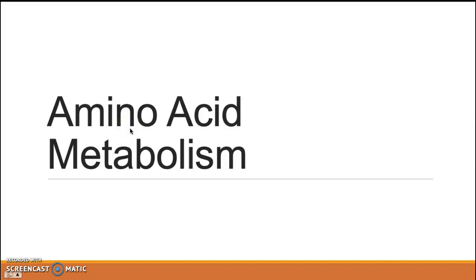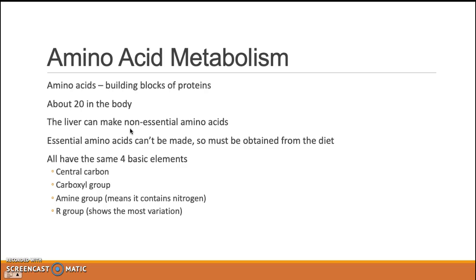So this video is going to talk about amino acid metabolism. A little bit of review: amino acids are the building blocks of proteins, and we have about 20 different amino acids in the body. About 10 of those can be made in the liver, and we call them non-essential amino acids. The other 10 are called essential amino acids because we can't make them, and so we must obtain them